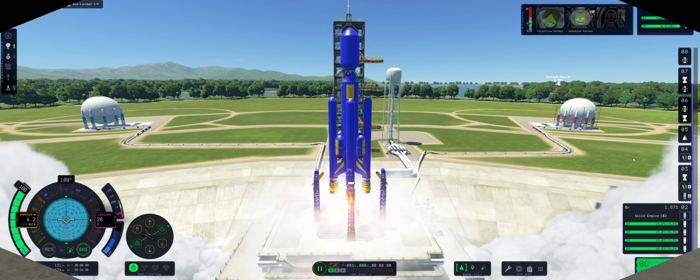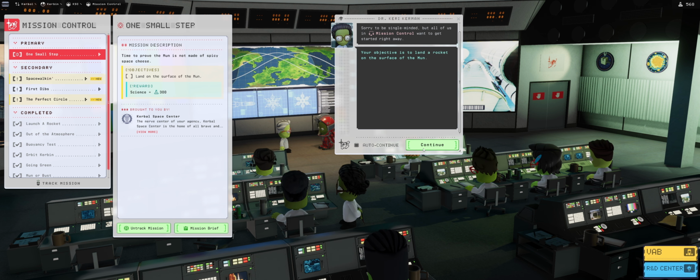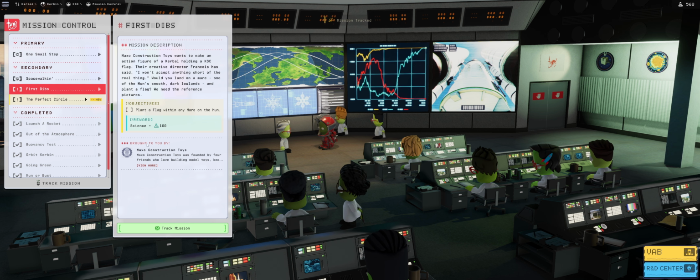But let's begin. So, we are doing the one small step for kerbal, which should yield us 300 science. Our good coffee addict, Dr. Terry Kerman, beside needing even more coffee than she's already drinking, asked us to do that. And we're gonna do spacewalking, we're gonna do the first dibs, which is basically planting the flag, and we'll do